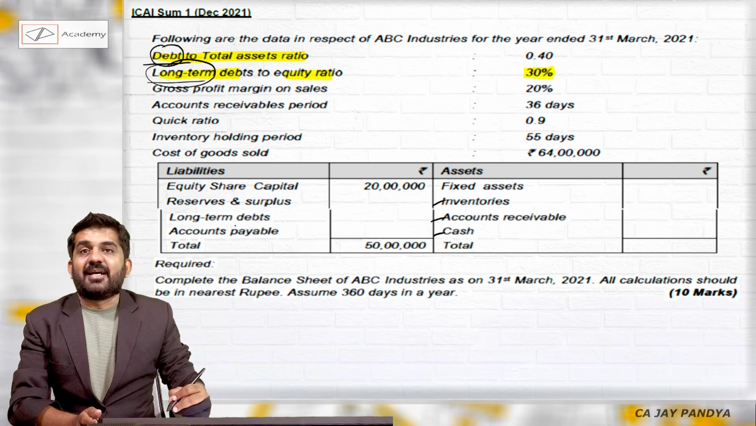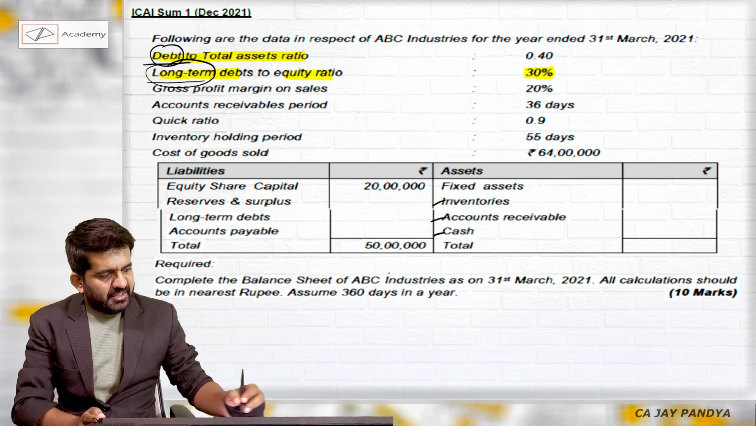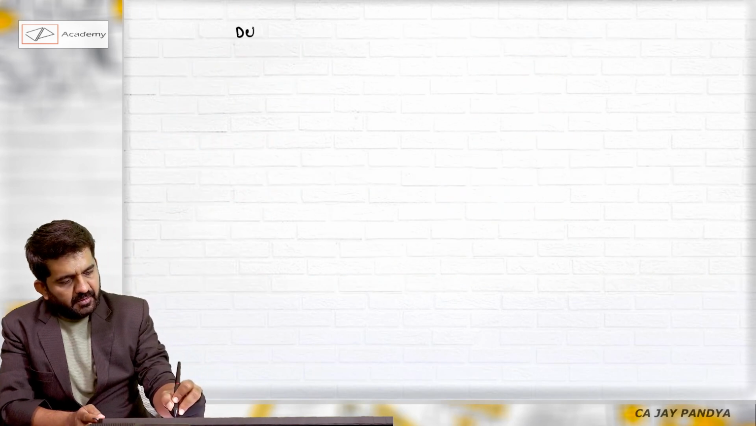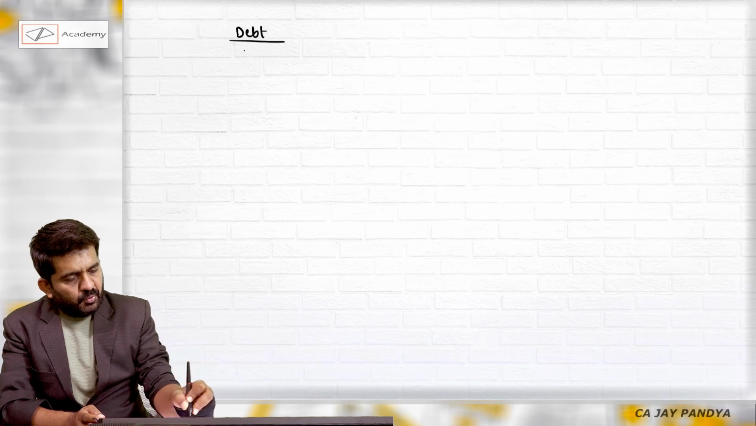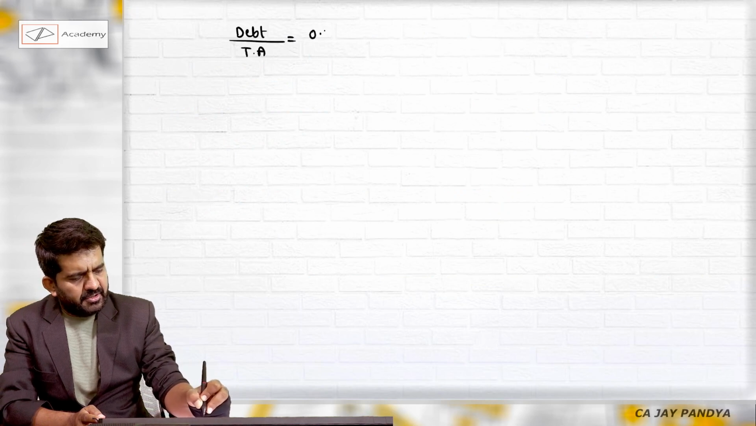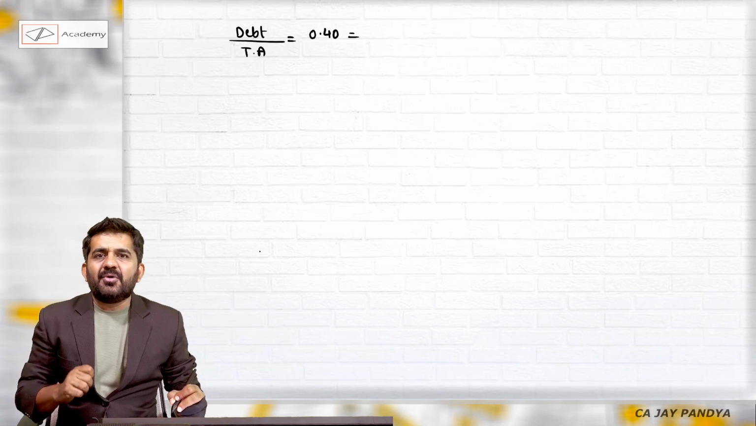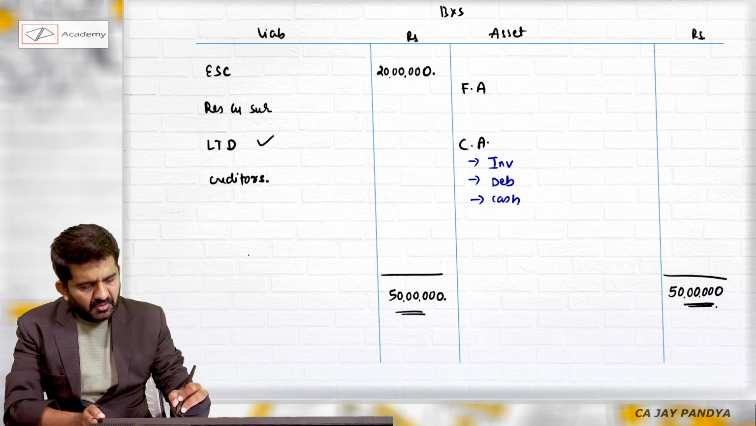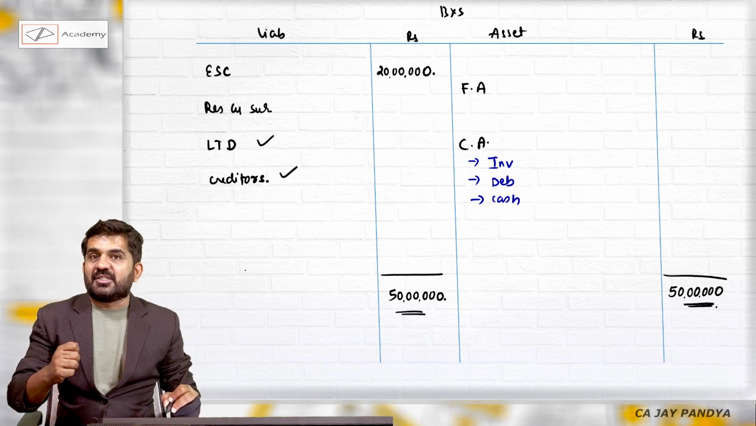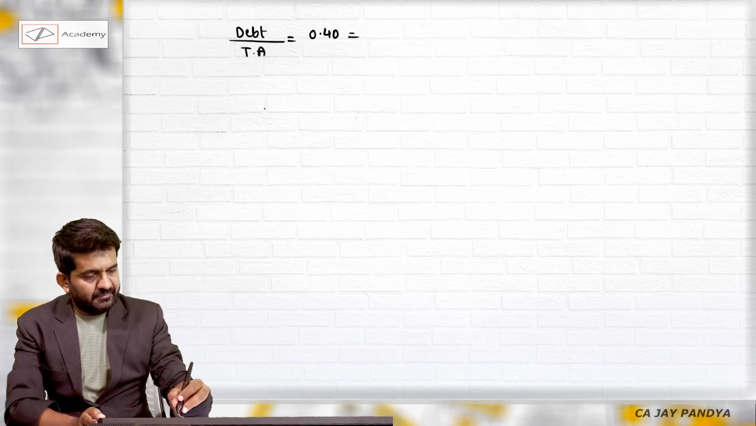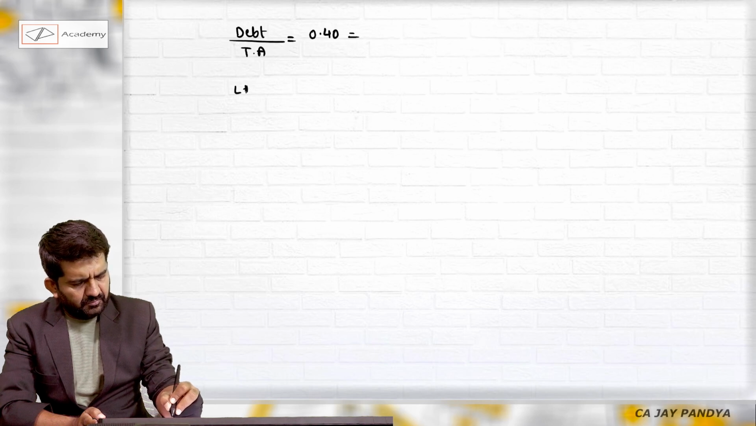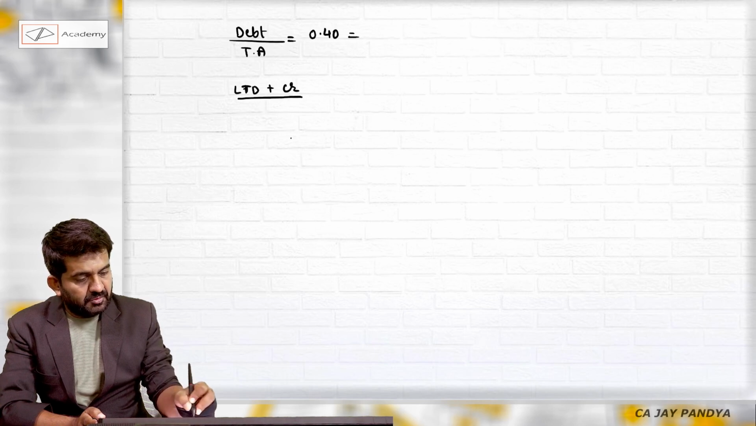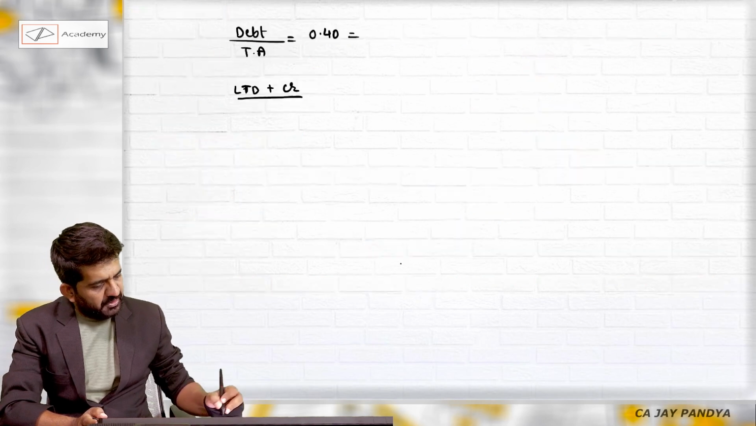Debt to total asset ratio. Now we have total assets, so we can use this. Debt to total asset ratio is 0.40. As I told you, I will be considering debt as long-term debt and also short-term debt, which is nothing but creditors. So long-term debt plus creditors divided by total assets, which we know is 50 lakhs,